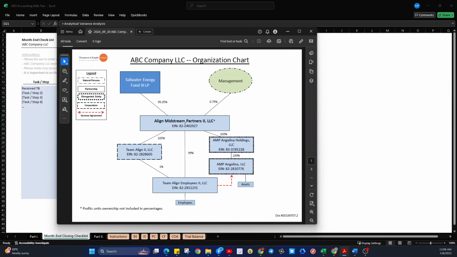And Midstream, on the other hand, the amount received from Tailwater will be reinvested to two other entities. One is a corporation and the other two would be disregarded entities. It will be holding 100% investment in these companies, wherein the equity method of investment will be used in recording the transactions.